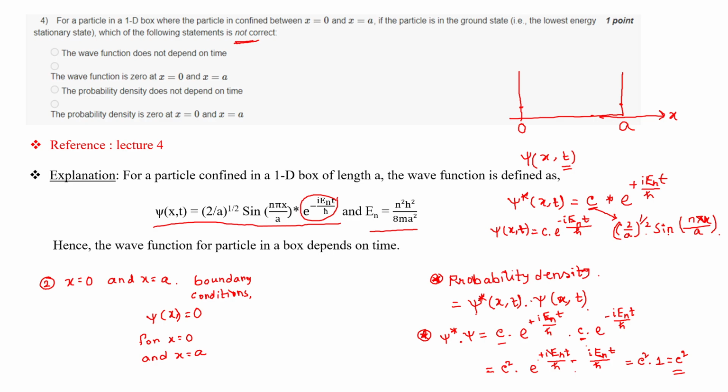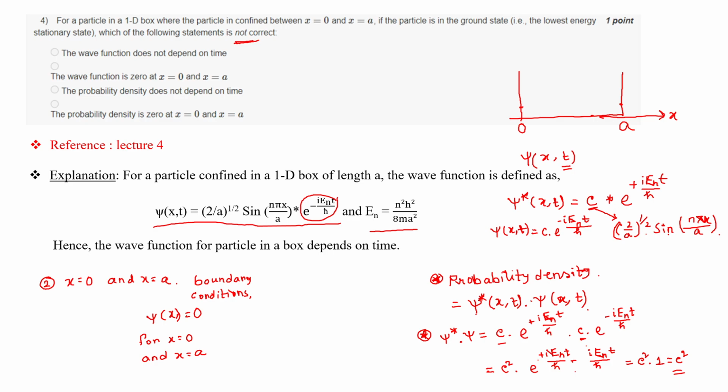For a particle which is confined in a 1D box, same question, the particle is confined in a 1D box between x equals 0 and x equals a. If the particle is in the stationary state which corresponds to n equals 2, then what will be its average position? So I am just drawing it again: this is the x-axis, the particle is confined here, this is x equals 0, this is x equals a, the particle is moving here. So in this 1D box, if it is in a stationary state corresponding to n equals 2, what will be its average position?